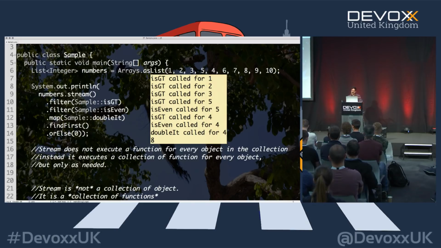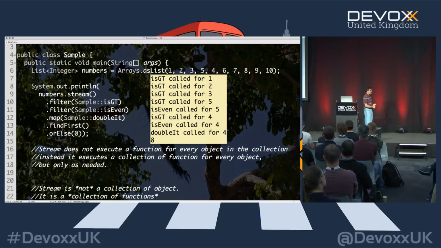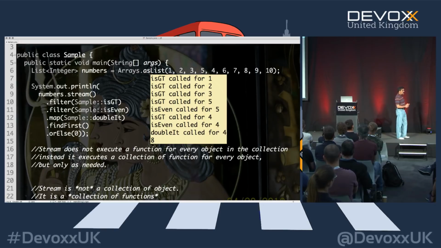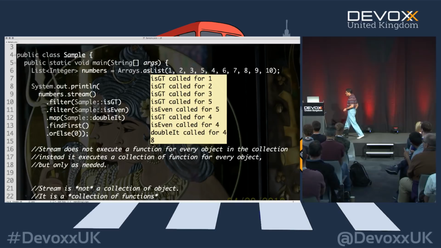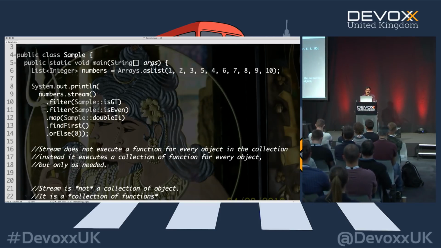Well, there are two things we really have to look at. One of the things is, for laziness to be really practical, we need to be sure that we are honoring immutability. And this is extremely critical. I want to give you a very quick example of this before we go further about immutability.